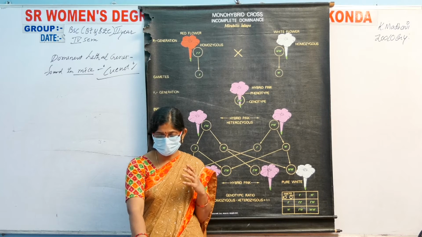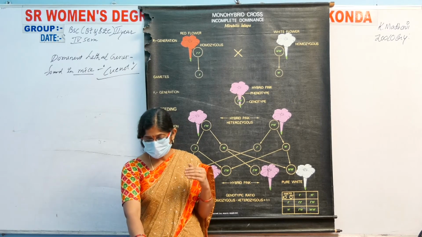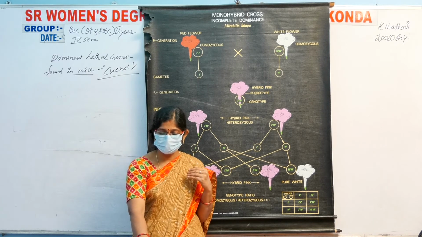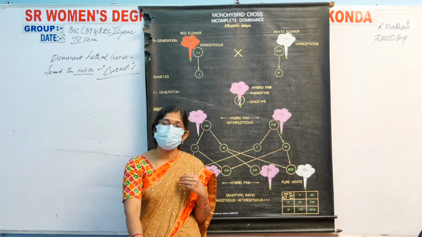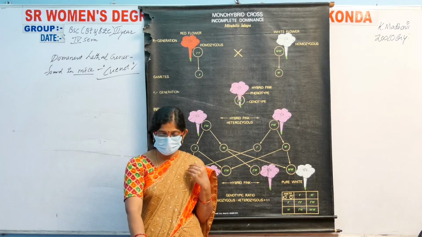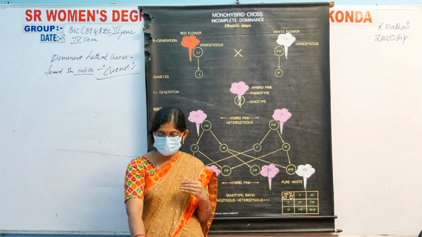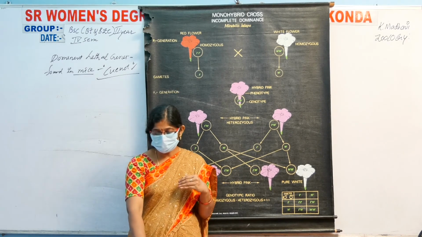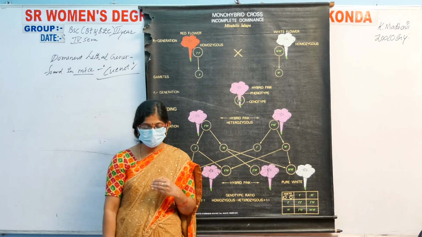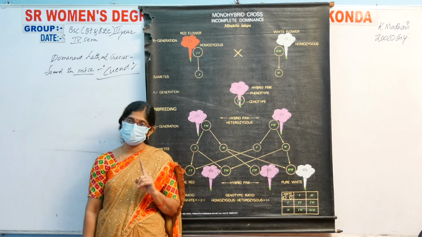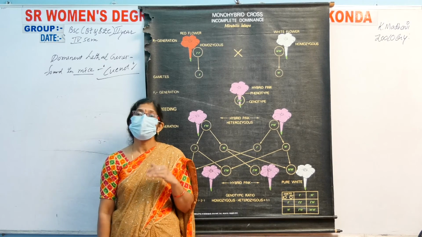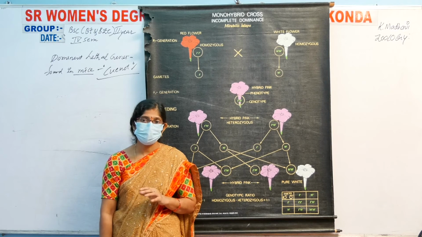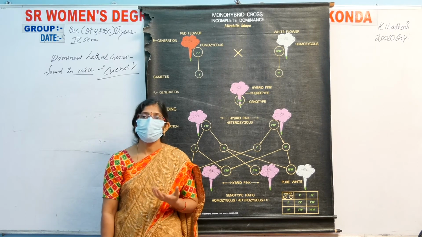When he crossed a yellow mouse with a non-yellow mouse, which is recessive, the progeny born were yellow and non-yellow in equal proportions. That is a 1:1 test cross ratio, and it indicates that the yellow mice are heterozygous. One non-yellow mouse is also found here, but it does not survive for a longer period of time.